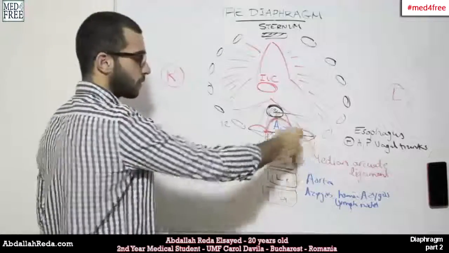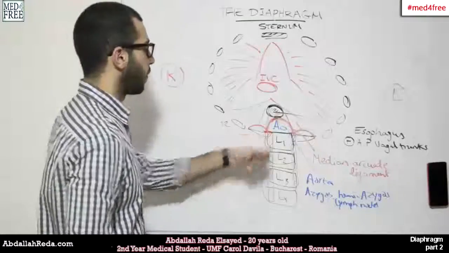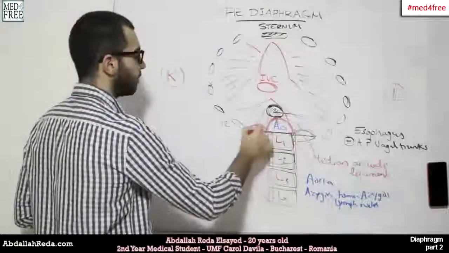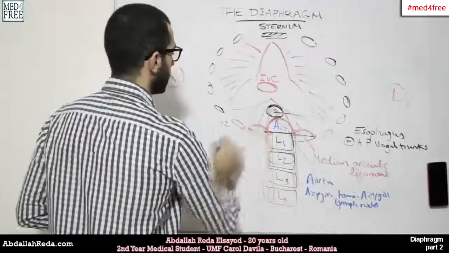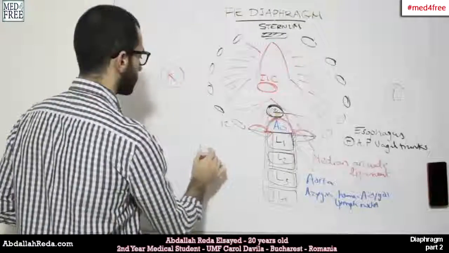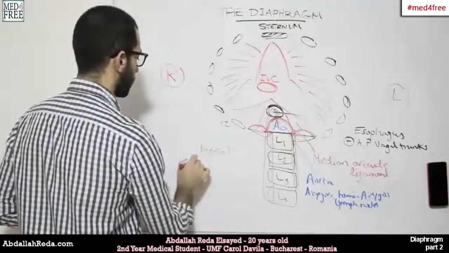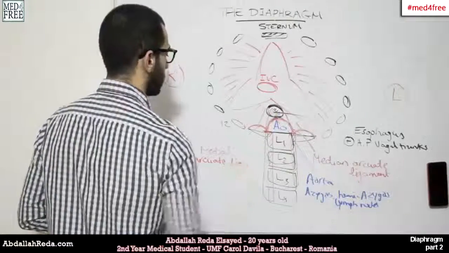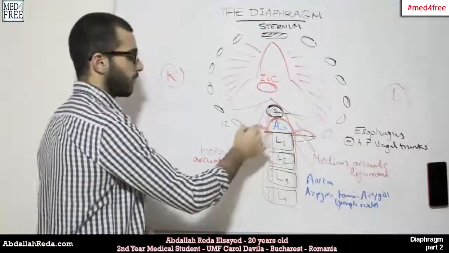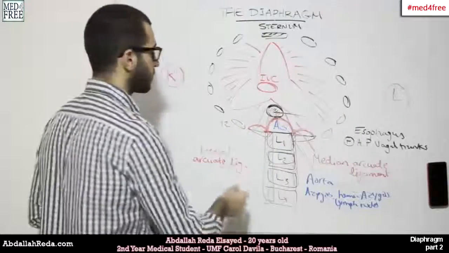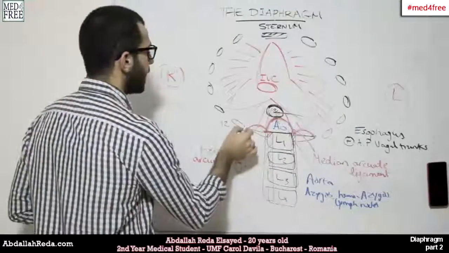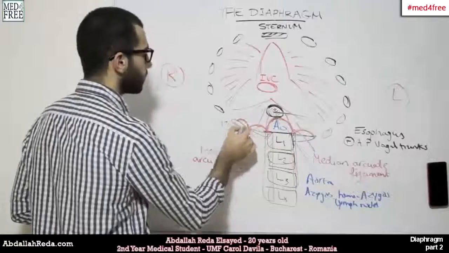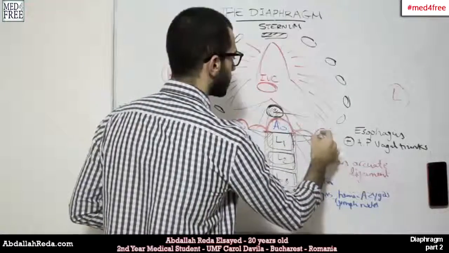So the right and the left costiform processes of L1, forming another ligament which is called the medial arcuate ligament. And throughout this process it passes over the psoas major muscle, and then the ligament will continue the course laterally